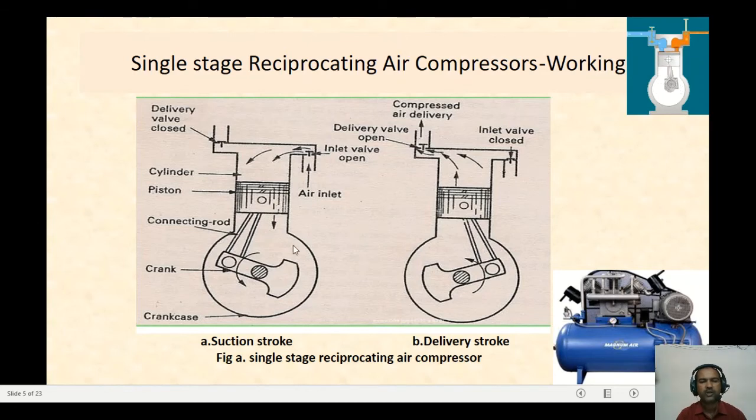And now see how it works. Basically it works on the principle of pressure difference, and it consists of two strokes: one is the suction stroke and the other is the delivery stroke. First we learn the suction stroke. Suction stroke ಏನಾಗುತ್ತೆ? In the suction stroke,